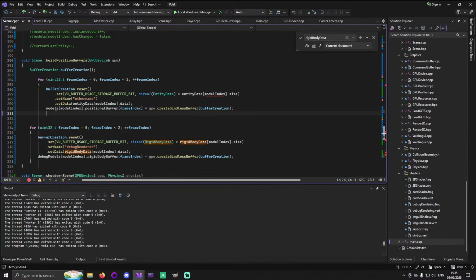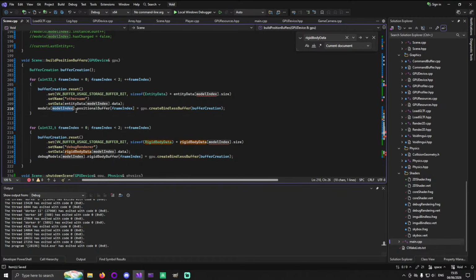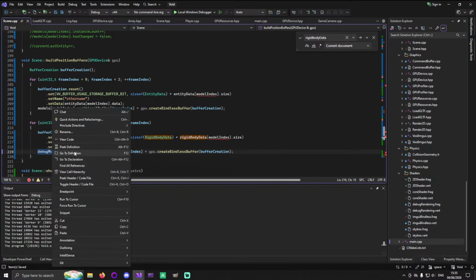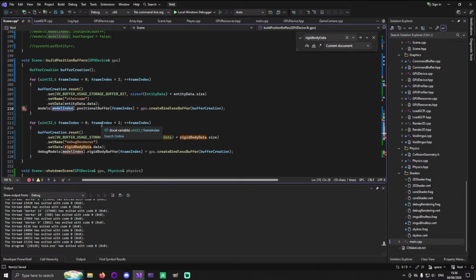There we go. So models, model index, and debugging. So these, again, to make sure that for each model type,